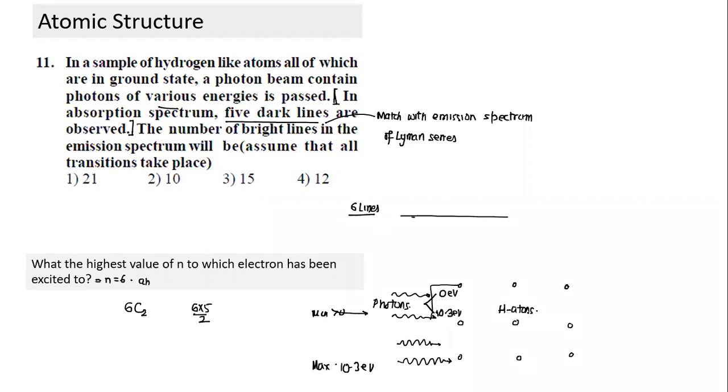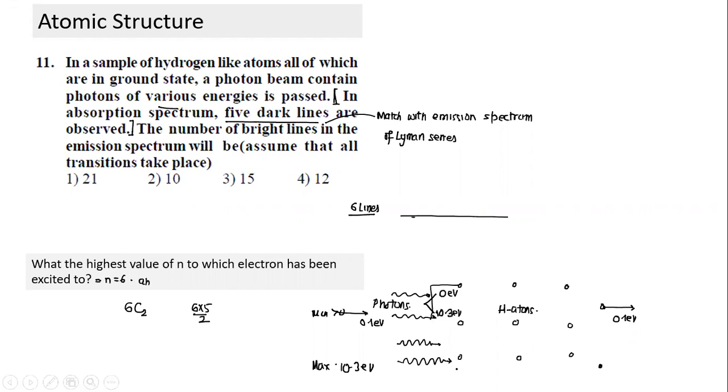And as it passes through the hydrogen atom, again I check. Whatever photons started with an energy of 0.1 electron volt will all reach here. Why will they reach here? They're not absorbed. So if I check all the energy levels of photons which have passed through, I find only some photons missing.